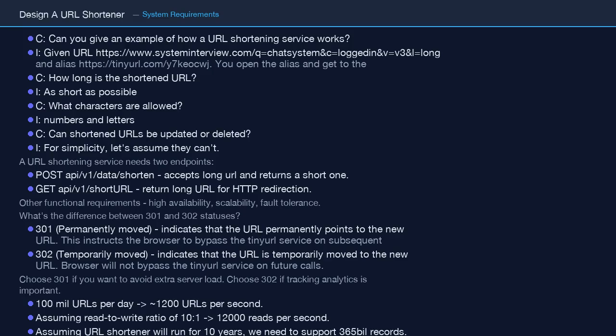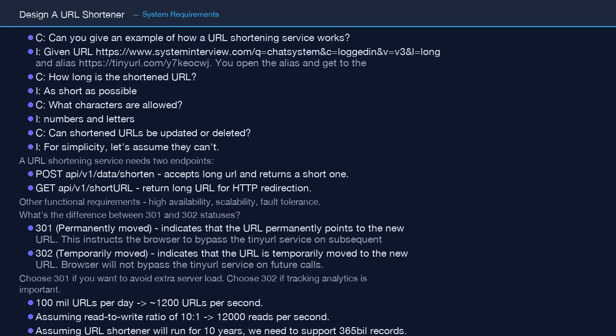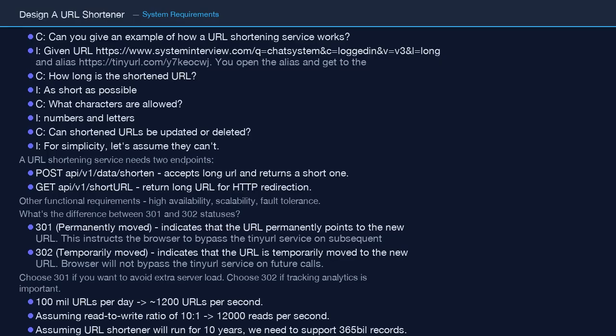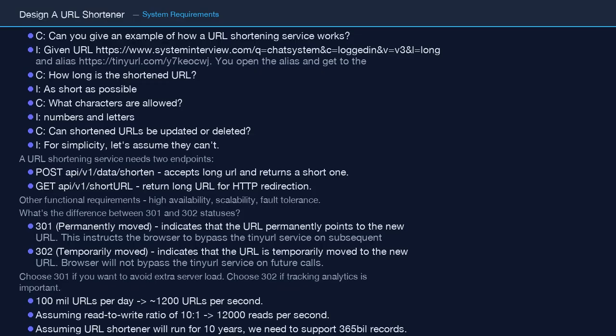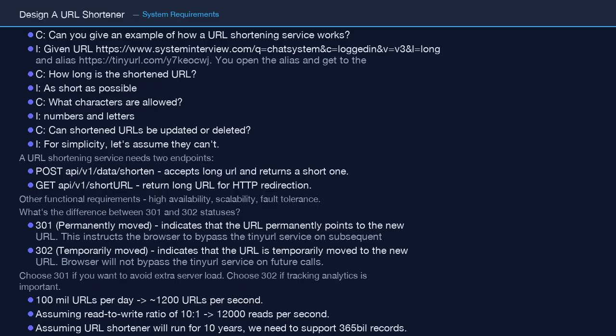Let's design Chapter 9, Design a URL Shortener. We'll start by nailing down the system requirements, and we do that through a candidate and interviewer exchange. The candidate kicks things off by asking for a concrete example of how a URL shortening service actually works. The interviewer gives us one: take a long, unwieldy URL like